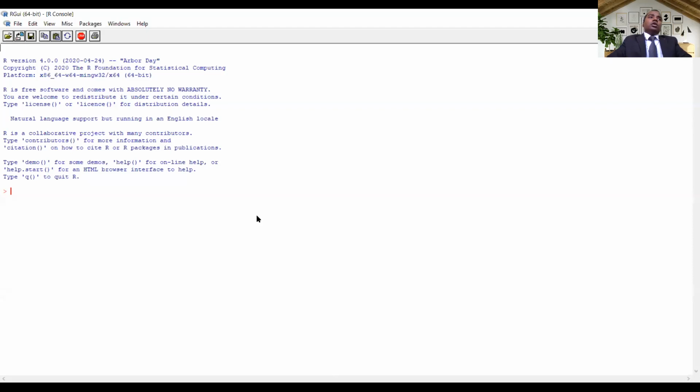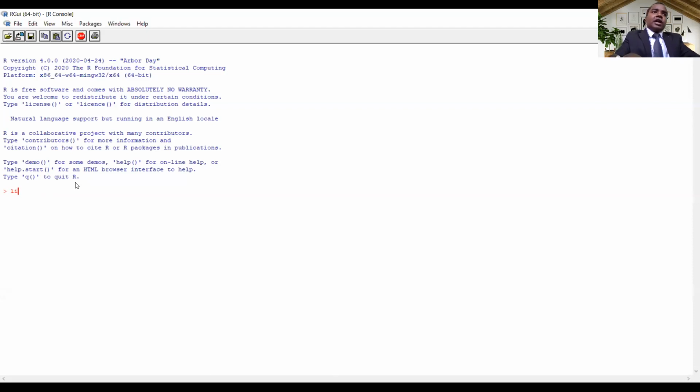Once you open R, you will see this kind of screen, and here you can just type. You can read the text above to understand the basics about R, what is R and so on.